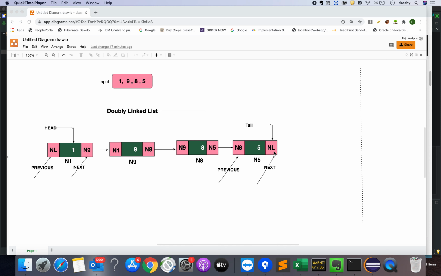In a circular singly linked list, the last node's next pointer will be connected to the first node. So the traversal will be in a loop. The next pointer will be connected to the first node so that it can circulate in one direction. In a doubly linked list, the same thing will happen, but additionally,